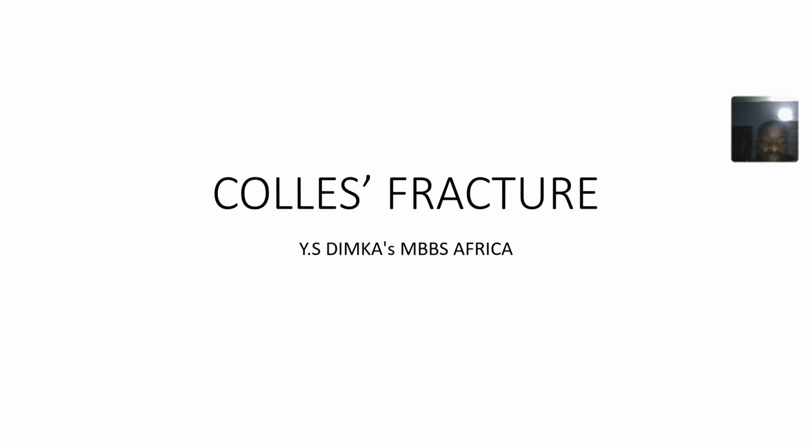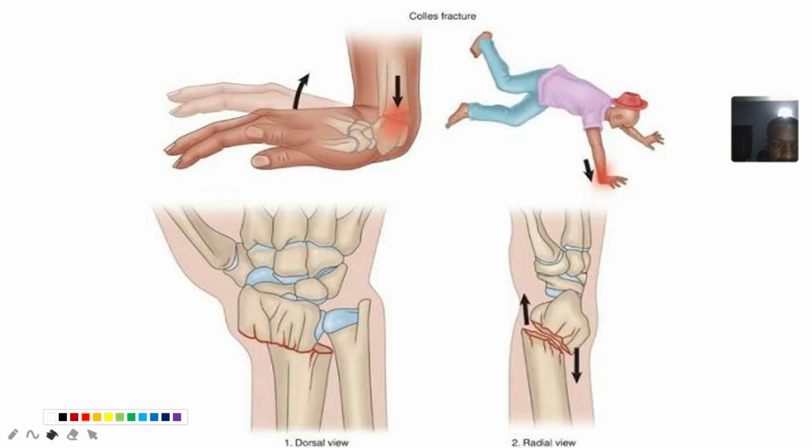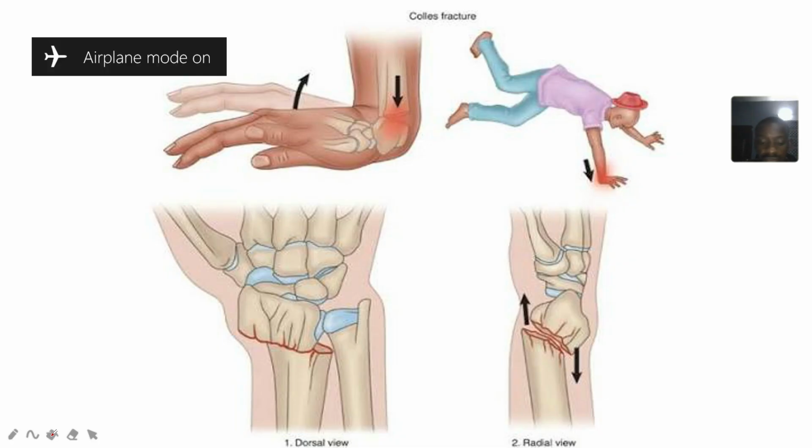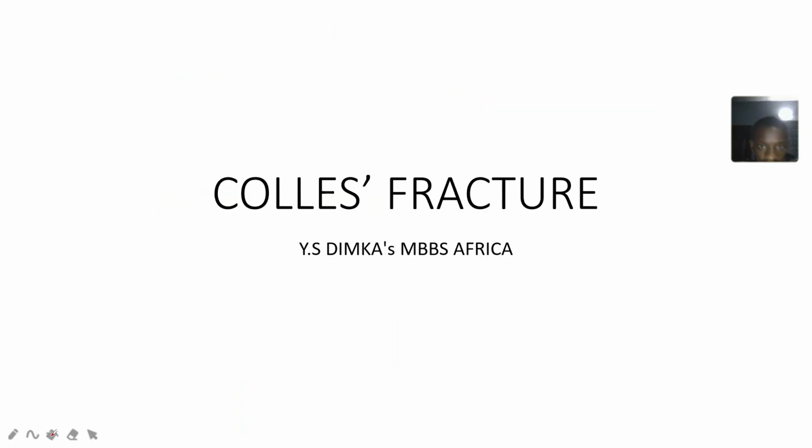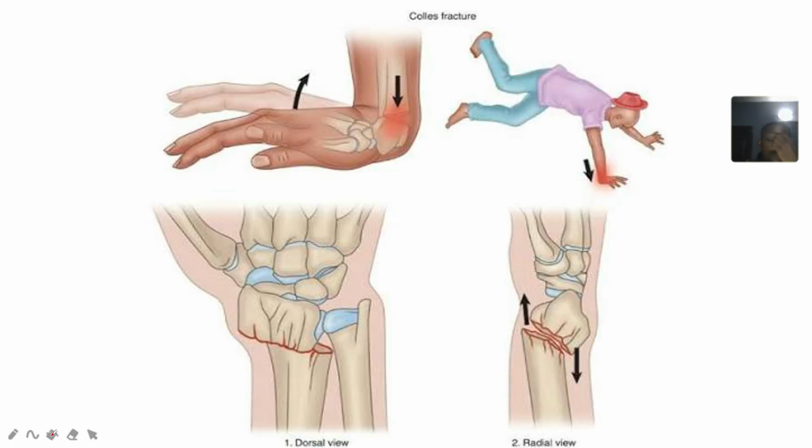Now we're talking about another type of fracture in the upper limb, and this fracture is a fracture of the wrist. They call this the Colles fracture. Okay, Colles fracture. So it mostly comes in when you are trying to fall down, then use your hand to